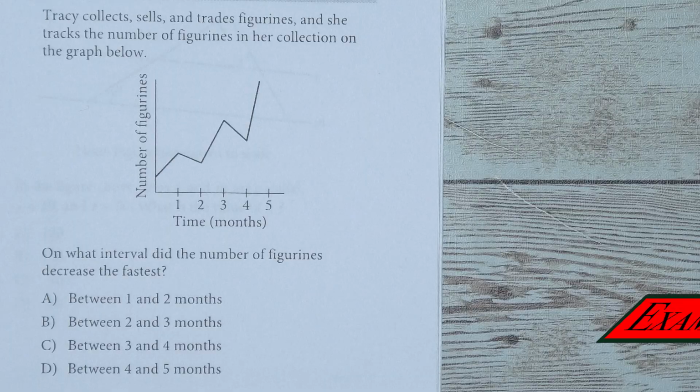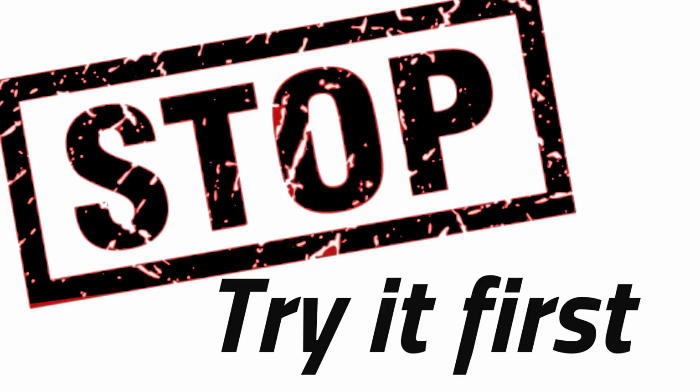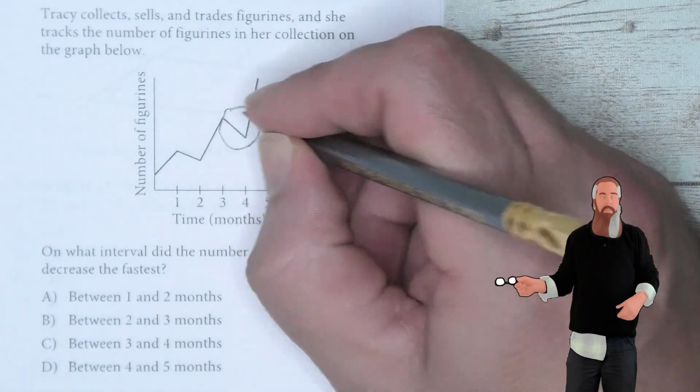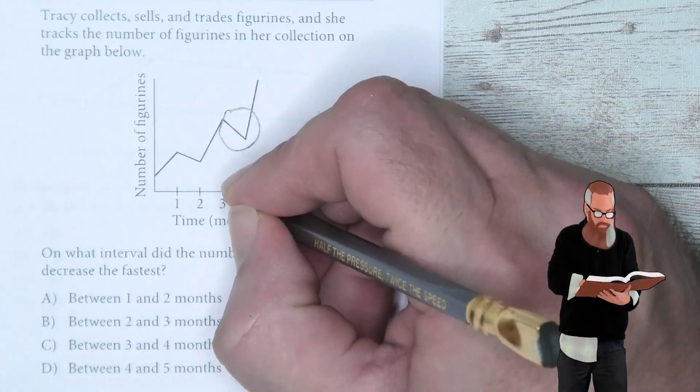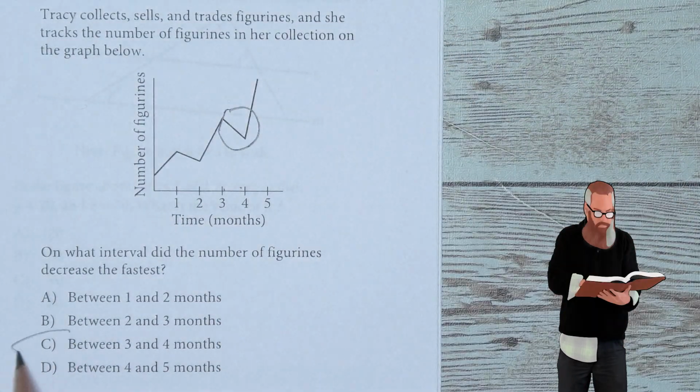the answer. Tracy collects, sells, and trades figurines, and she tracks the number of figurines in her collection on the graph below. On what interval did the number of figurines decrease the fastest? So we're just simply looking for that harshest downslope, which goes from 3 to 4, which means that C is